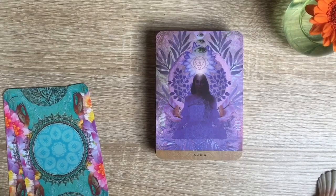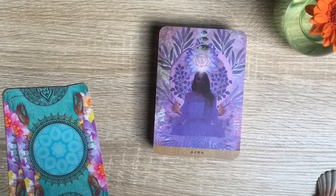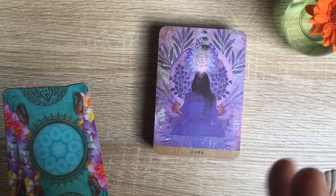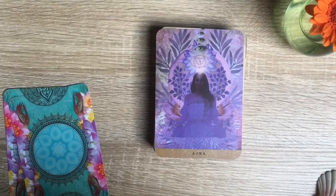I have to say, when I first saw pictures of this deck online, I thought, wow, Danielle really took it to another level. I wasn't the biggest fan of the Star Child Tarot. The idea was nice and some of the pictures are really nice, but the collage style, for my personal taste, and I don't mean that in a bad or critical way, wasn't the best. But she really made a difference with the Moonchild deck, where the collaging is much better in my personal opinion. The different parts of the collage are smoother in a way, put together. And with this deck here, she really took her style and her art to another level. It's absolutely